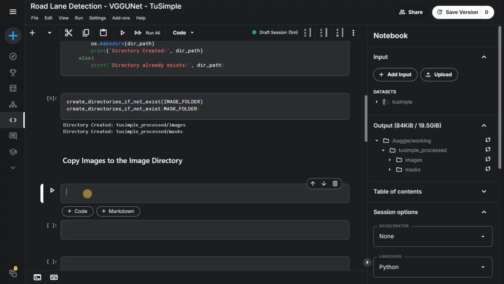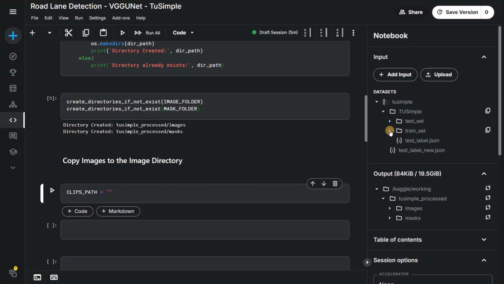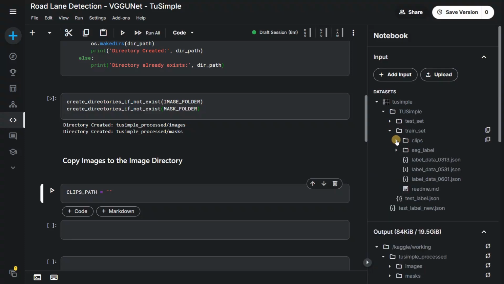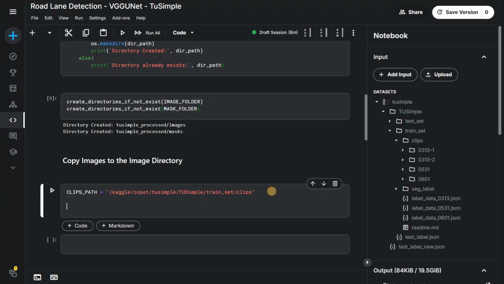So we will copy the clips path. So clips path equals the data set. Here if you go down in the train set, we just need this clips path. So paste this,